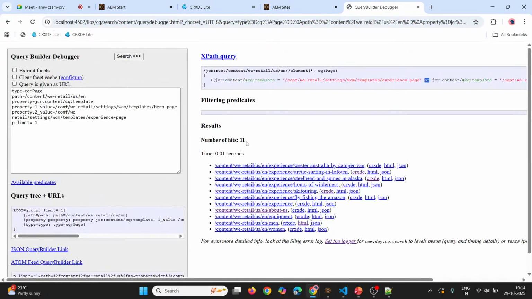That means a total of 11 pages have been created, combined, using the hero page template and the experience page template. Right now it is performing an or operation. Maybe if I want to perform an and operation, then you can simply specify it like this: properties.and is equal to true. Then it will perform an and operation. But if I hit enter, it is not performing the and operation. So p.and, maybe